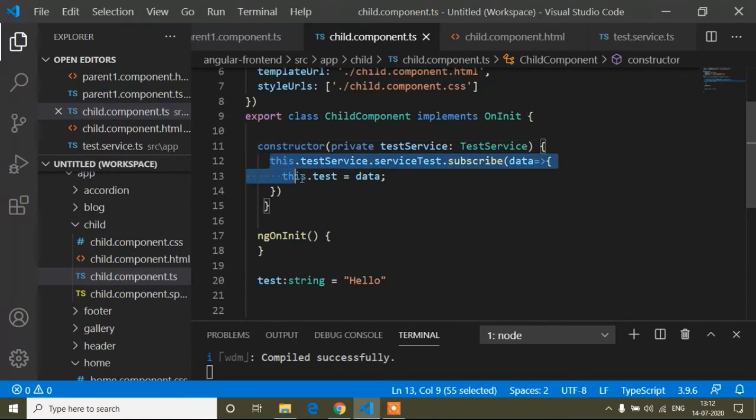So for that we use this in our constructor.